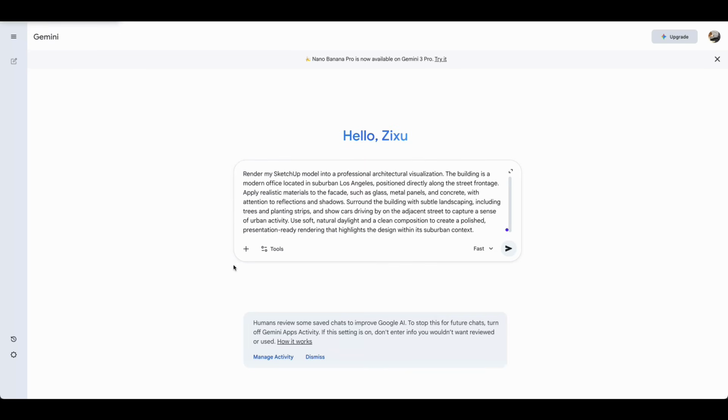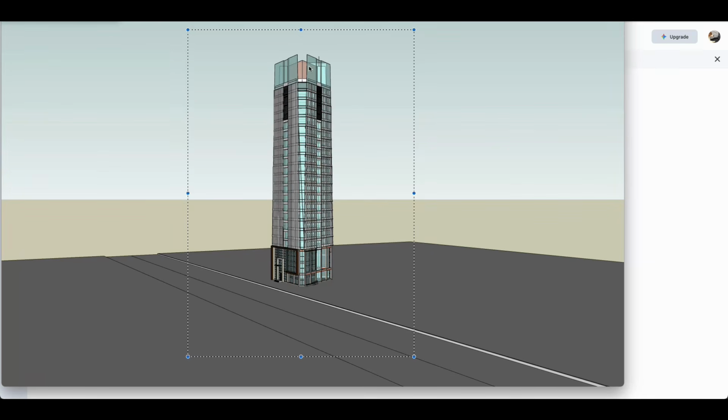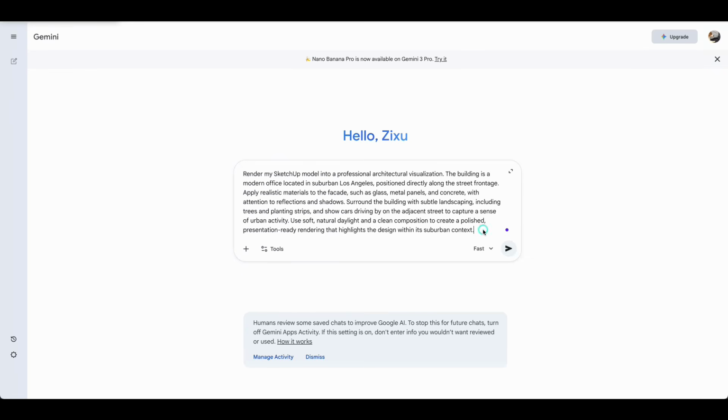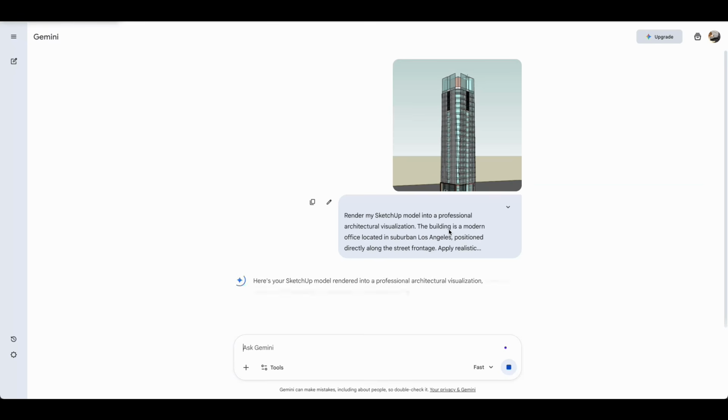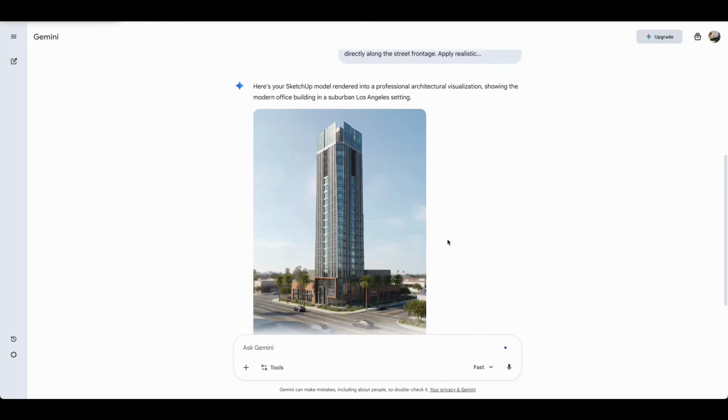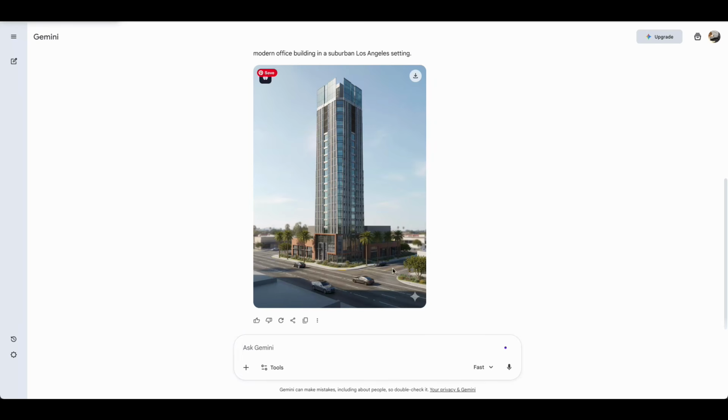For the first task, I'm pasting a view from my raw SketchUp model and asking Gemini to generate a detailed daytime rendering of the building in Los Angeles. The street should include cars and typical LA urban details. It takes about 12 seconds to generate the rendering, and I'm really happy with the result. The surrounding context, the plum trees, and the overall environment all match Los Angeles well, and the facade details are